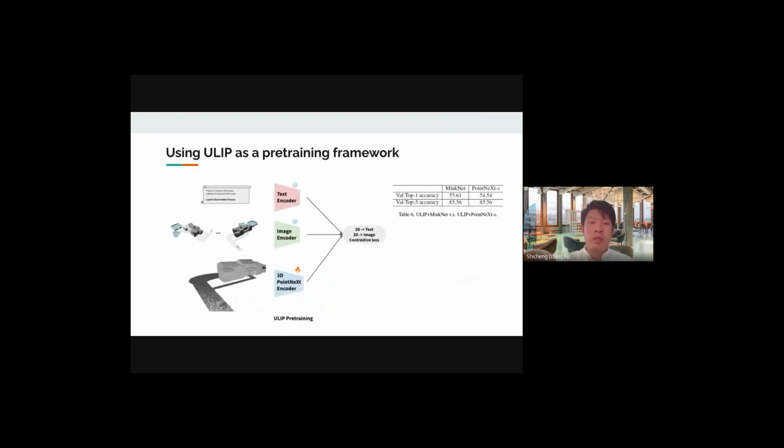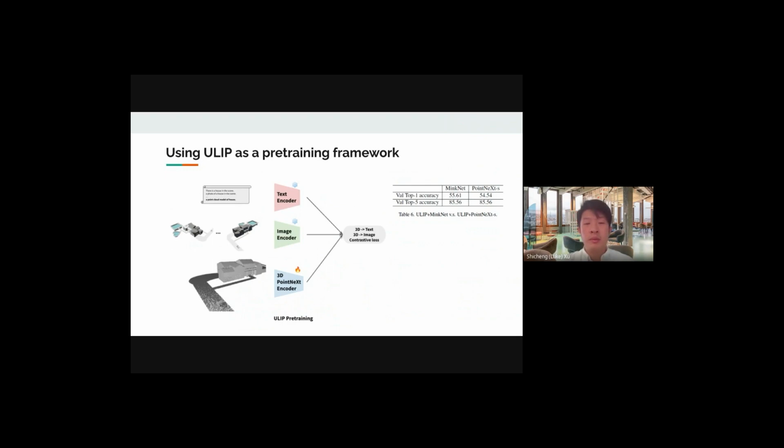ULIP is a multi-modal learning framework for text, image, and point cloud. For BuildingNet, I generated 64 text prompts, 16 multi-view images and depth maps, and pre-processed the point cloud model for each 3D building to form the triplet to train